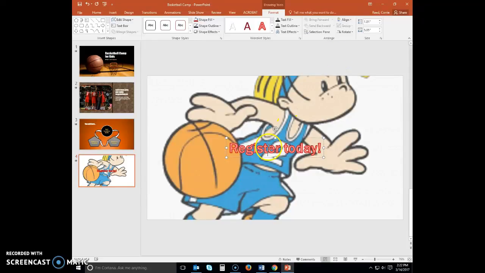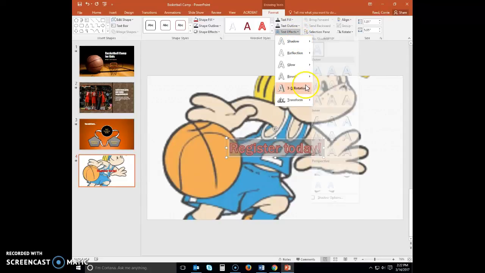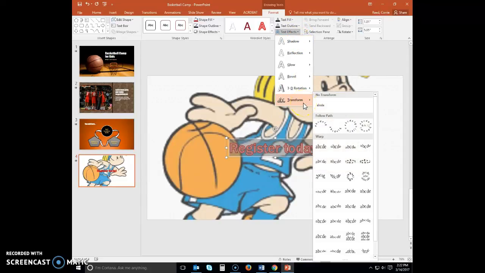With this word art text still selected, click the Text Effects button. Point to Transform, point to Chevron Up effect